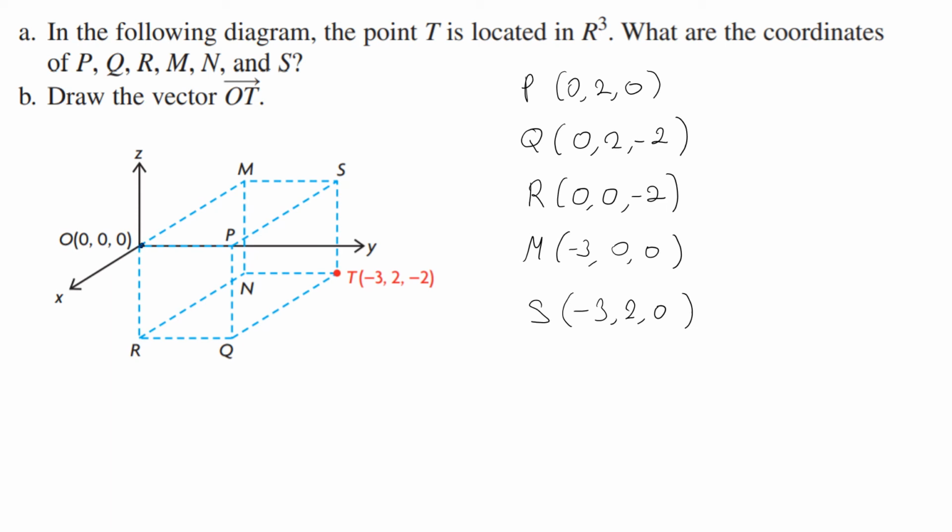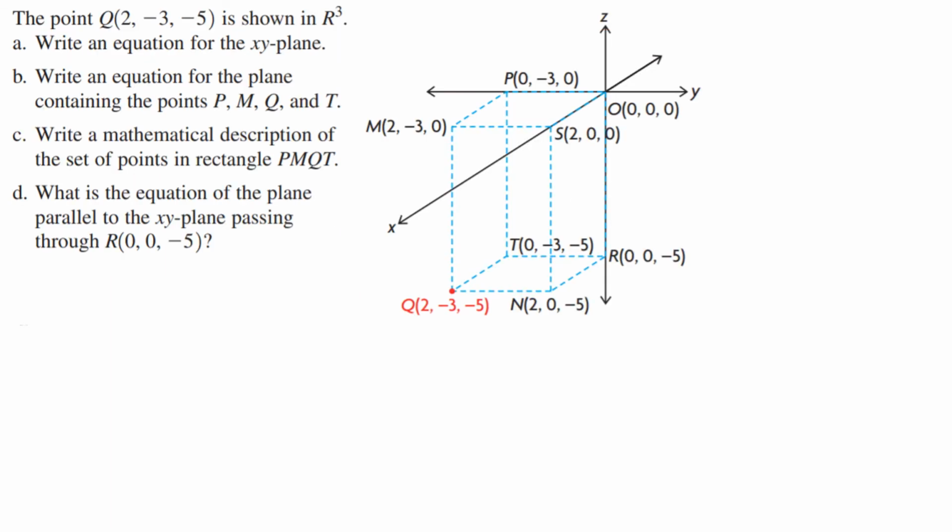I know O is right over here and T is there. All you need to do is draw a vector that reaches out to that T. So that passes through the cube. That's it. The point Q, (2, -3, -5), which is represented right over here, is shown in our cube,